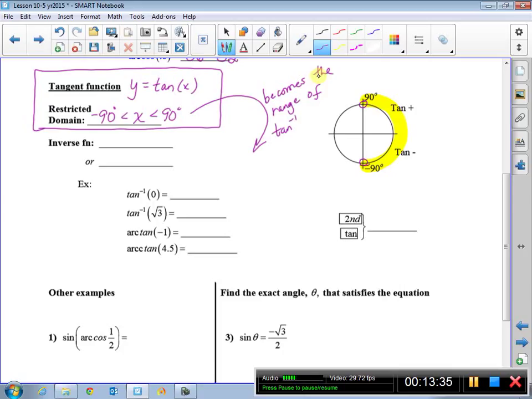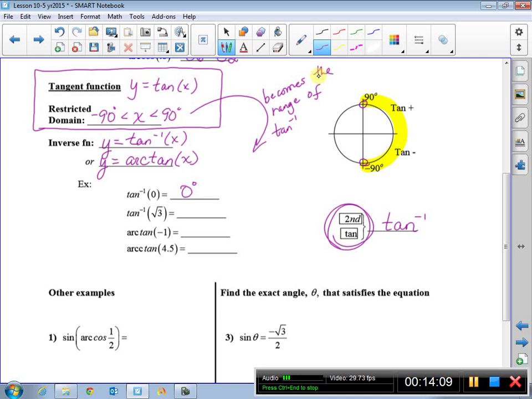Remember, for inverse functions, your x's and your y's flip-flop. So you're seeing a lot of this backwards. That x becomes the y, and that y becomes the x. So we have y equals tan inverse of x. That's what the inverse function looks like, or arctan of x. And you're just going to hit second tan on your calculator to get your inverse function. So second tan of 0